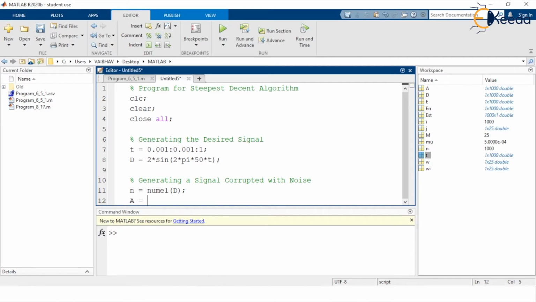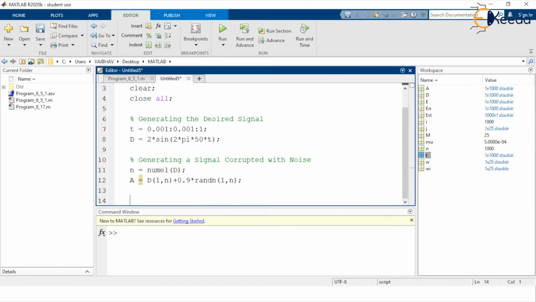So here we have capital A, which has the desired signal part, the input argument 1 comma small n in total, and this is added by the randomness included for the 90% here. So by this MATLAB syntax RANDN, again the input argument 1 comma small n here. So this will be our actual signal here.